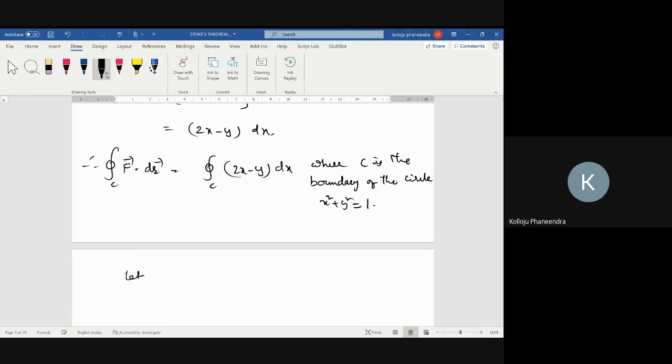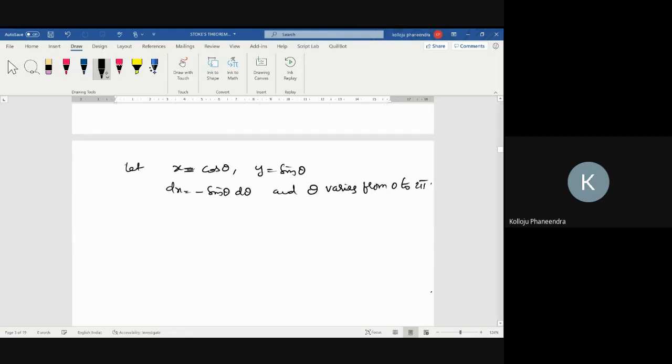Therefore, let x equal to a cos theta, with a value of 1, so this is simply cos theta. y equal to a sin theta, right? And dx is required, so minus sin theta d theta, and theta varies from 0 to 2 pi over the circle. Therefore,